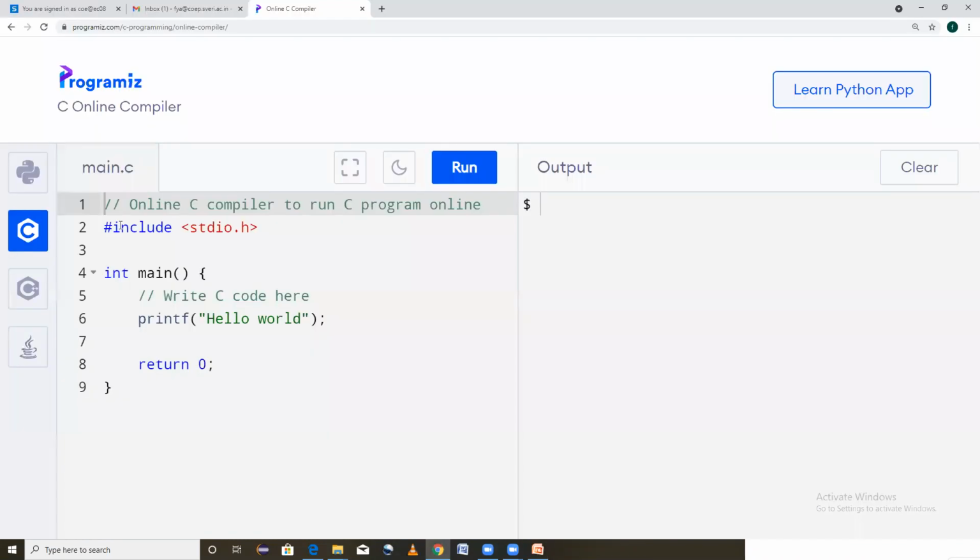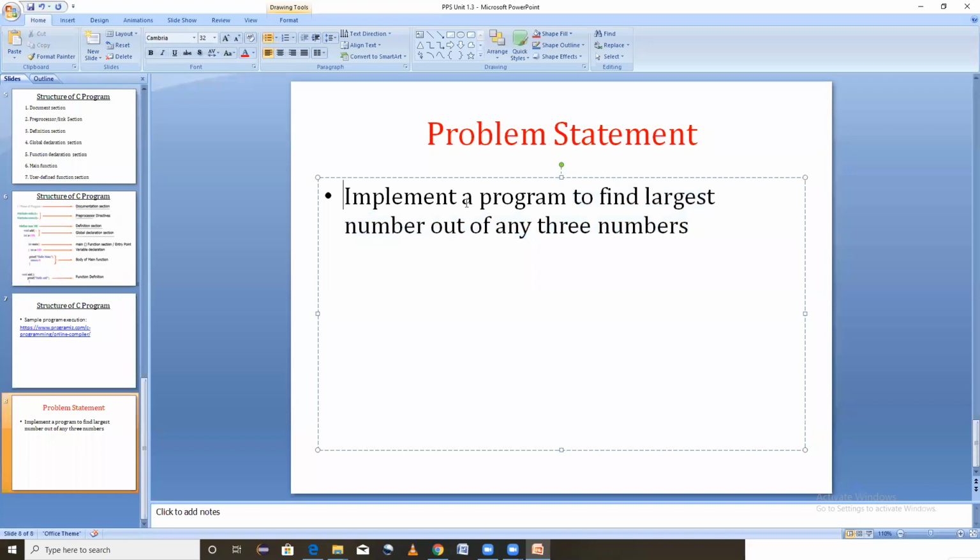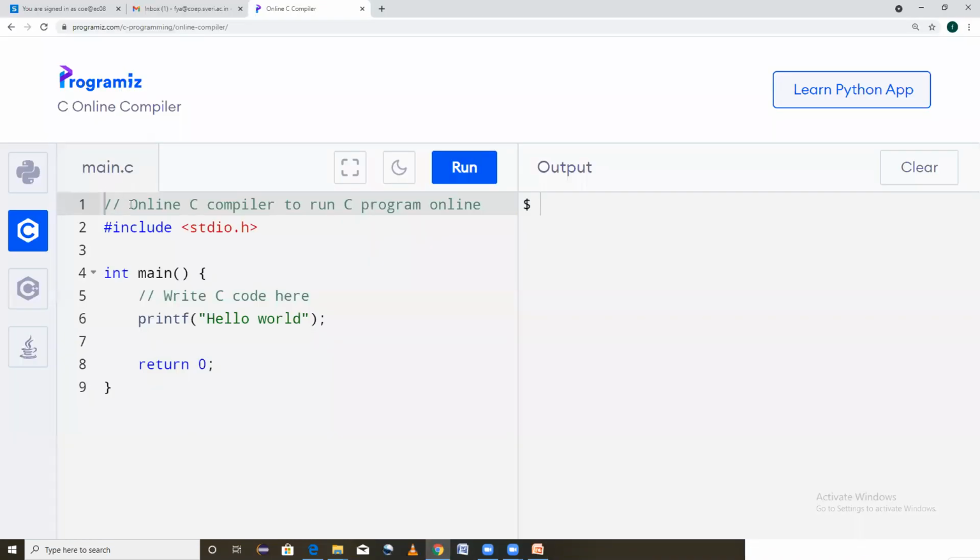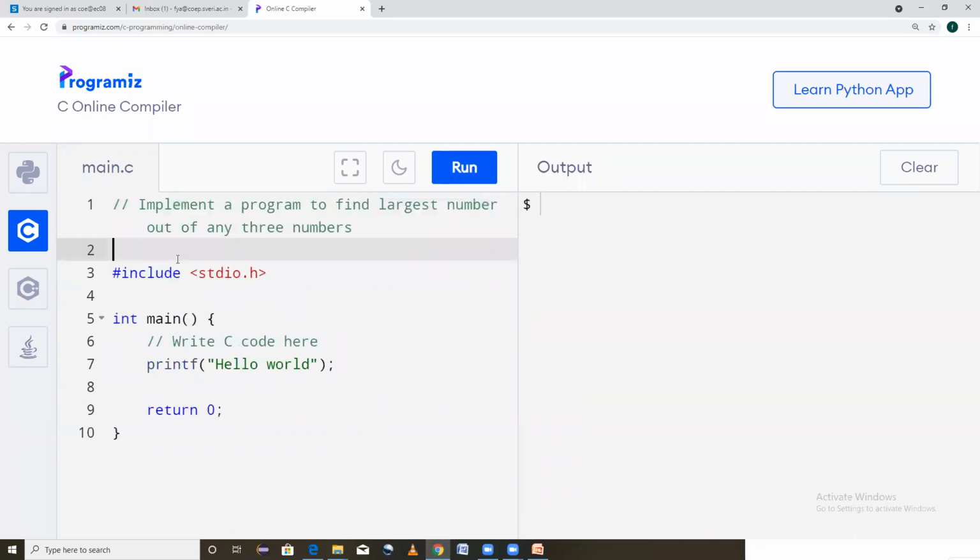So in previous lectures, we have found the largest number in two numbers. You may remember this point. I will write a program for finding the largest number in two numbers.